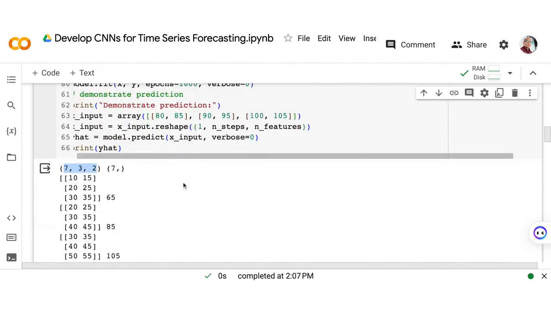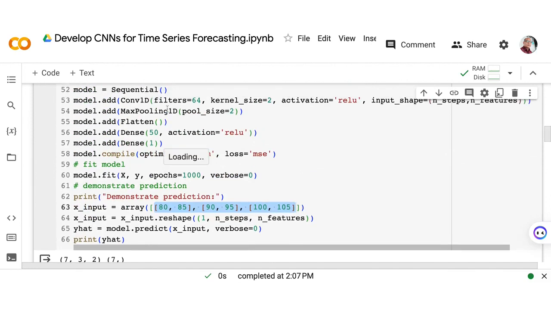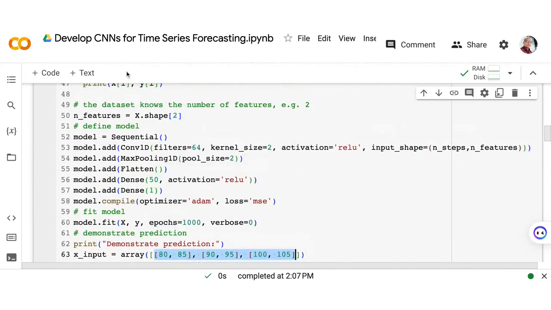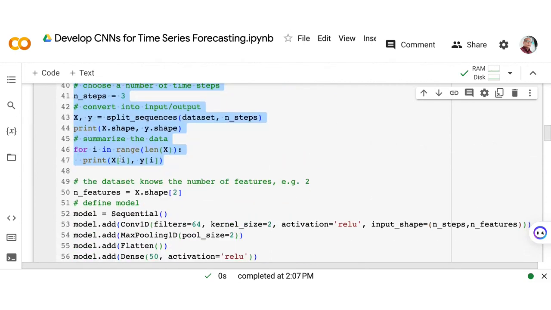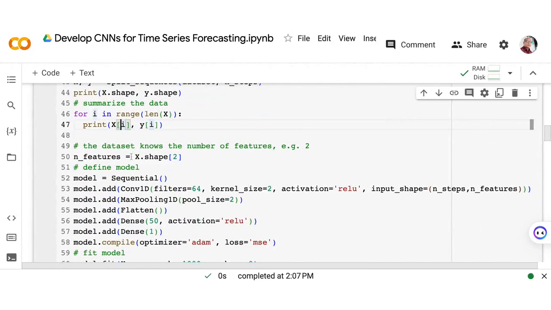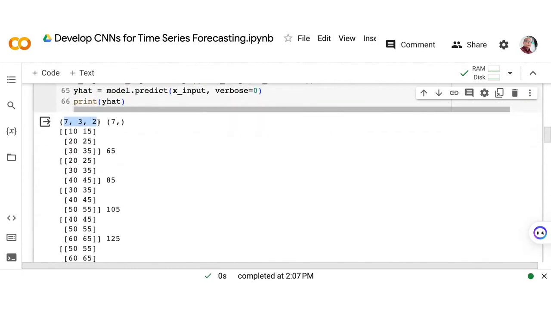So in other words, the shape of our X input is this one. So it's going to be 1, okay? And the number of steps that we only have 1 here because I'm talking about the prediction, kasi iba yung shape na ginamit for training. For training, yung shape natin dito ay galing dito sa pre-processing natin na ginawa. Ito yung magiging shape ng input natin for the training.